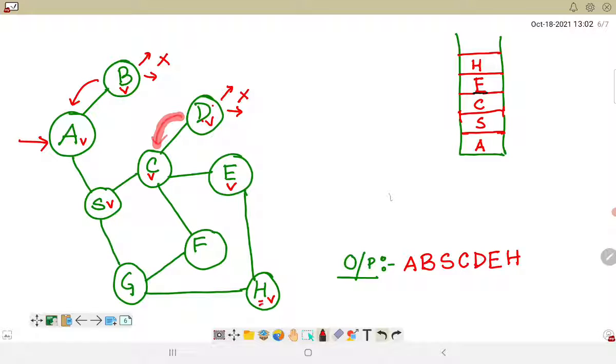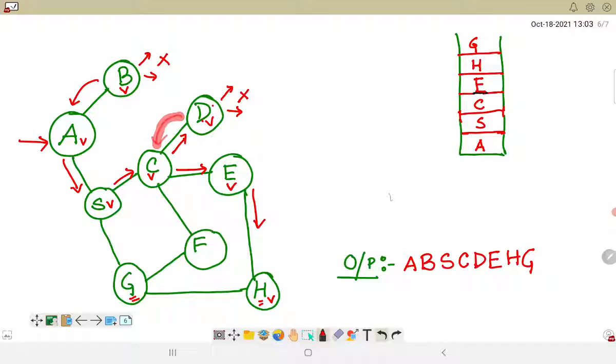Once it reaches H, the traversal goes in this direction. So this is how the traversal goes. Once it reaches H, H has another child, which is G. So G is now entered on the top of the stack and also added to the output sequence.